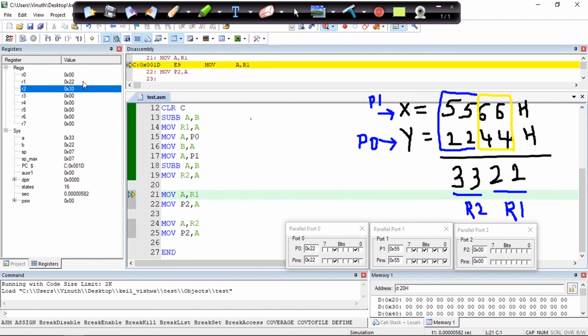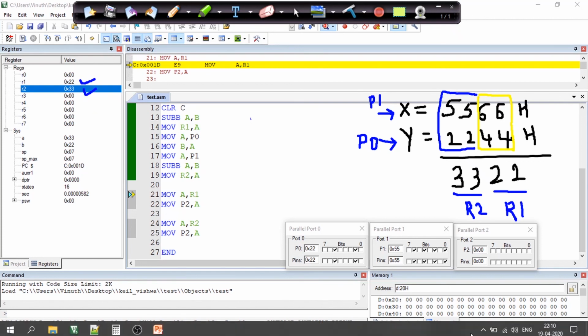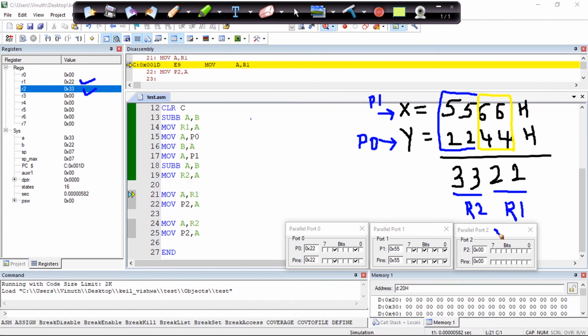Now these particular datas which are present over here, I need to send to my parallel port 2.